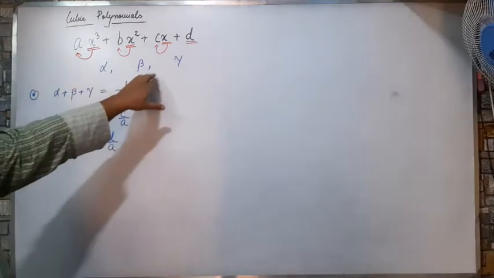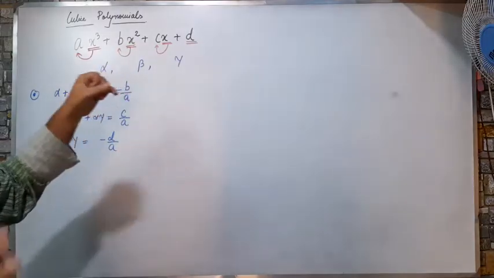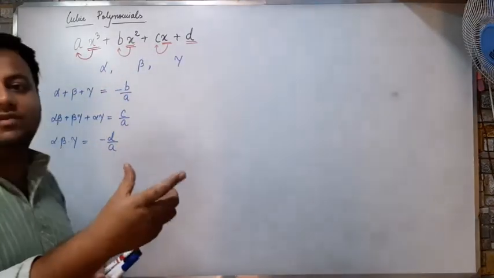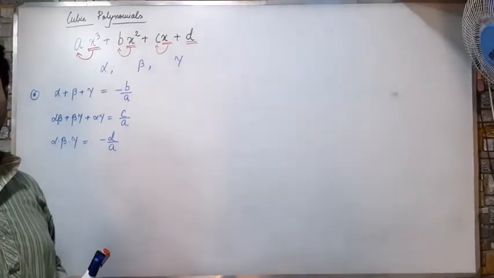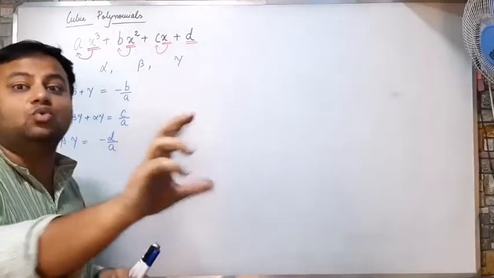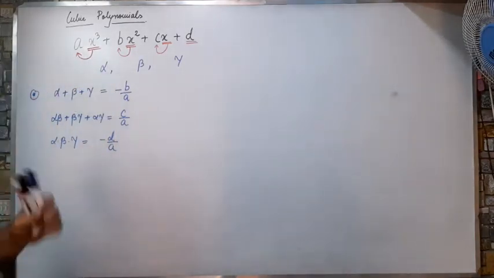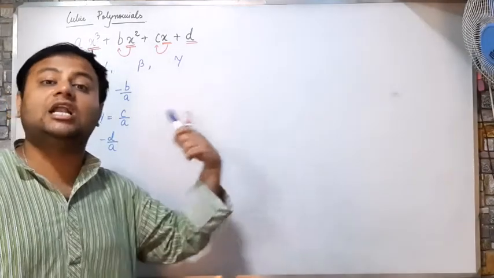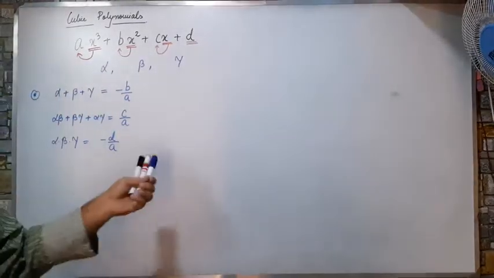इन तीनों का वैल्यू निकालने की जरूरत नहीं है. You will be given the values of alpha, beta, gamma in the question only. Suppose a polynomial is this, having the roots as this and this. Verify if the roots are correct or not. Then you have to only verify the roots. You don't have to find the value of roots. जैसे क्वाड्रेटिक में हमको पहले रूट्स निकालना पड़ा था by using middle term, यहाँ लेकिन ऐसा कोई middle term बोल के कोई प्रोसेस नहीं होगा.